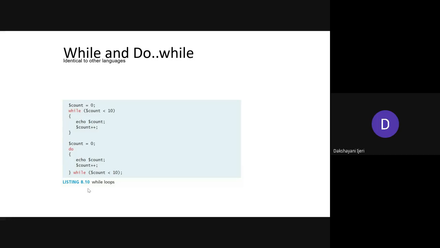Can any one of you answer this? You already know it, right? So why the hesitation? You have used it with three to four programming languages. So what is the difference between while and do while loop?